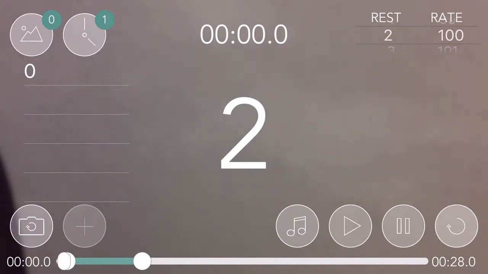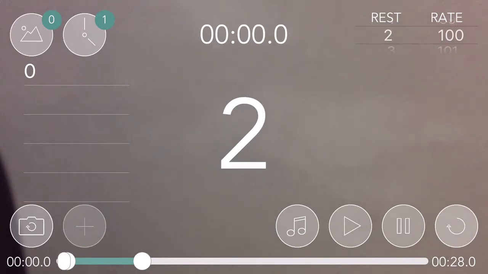To use this app properly, or to train properly, you can use this app to hit the points and the breaks in the music. So how do you set the breaks in the music? Well, first off, what's happened here? 2 buttons have appeared. You've got the clock button that has the number 1 in the green circle. And then you have a circle that appeared on the photo gallery, which has a 0. The photo that is,